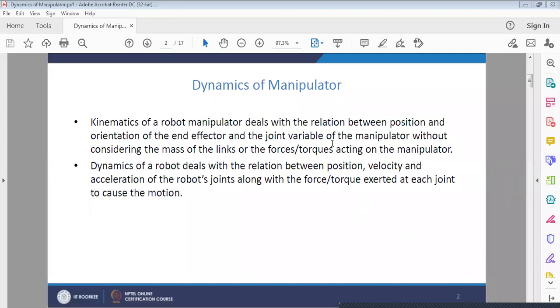Okay. So before that, let us look briefly at yesterday's class. So what is dynamics of manipulator? Dynamics of manipulator deals with the relationship between position, velocity, and acceleration of the robot's joint, along with the force or torque exerted at each joint, which causes motion to the